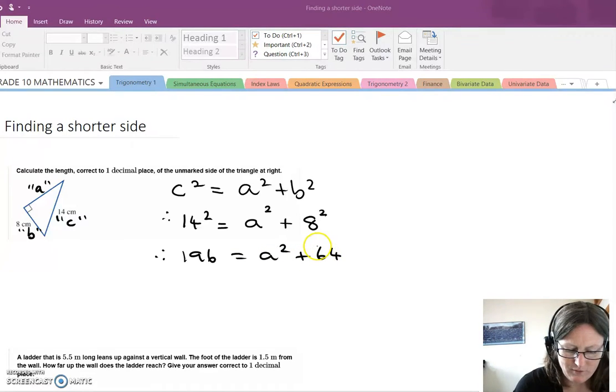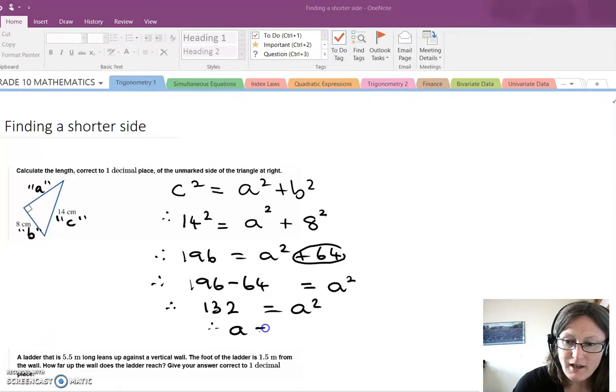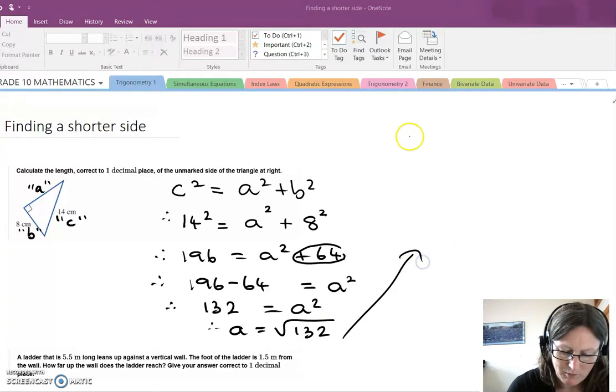8 squared being 64. Our knowledge of equations is if we keep a squared here plus 64 here, let's take it over to the other side, and when we move sides we take 64. That leaves us with 132 being equal to a squared. We want a, so a is the square root of 132. Putting that into our calculator, square root of 132, I'll go up here for a bit more space. A is approximately equal to